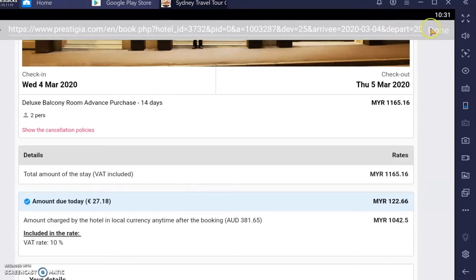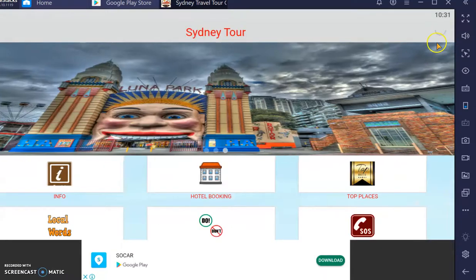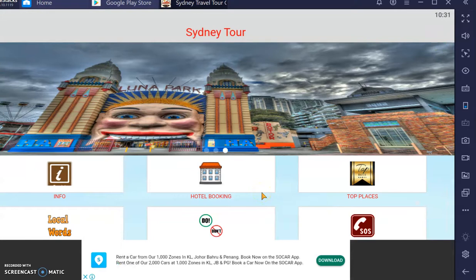When it has been done, you can check your email and print out the details for when you travel to the hotel. Or once you have done the booking, you just tap on done here to exit the hotel booking